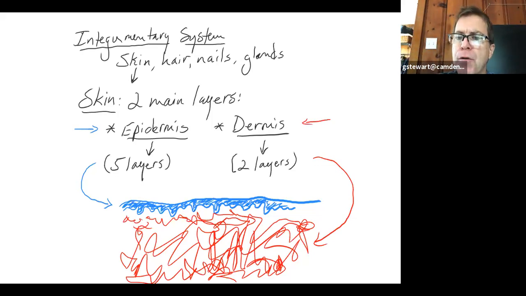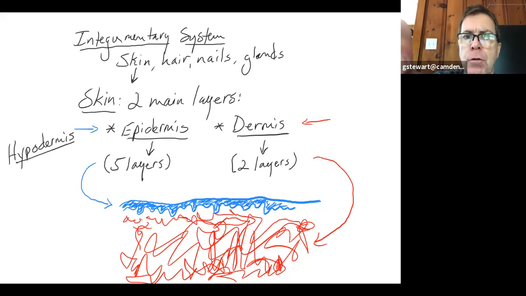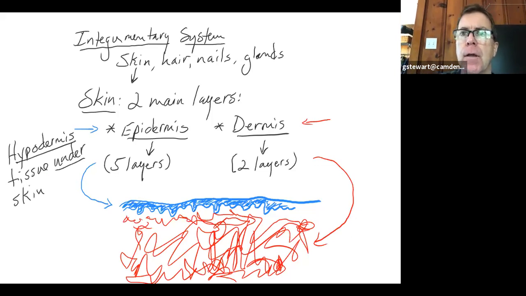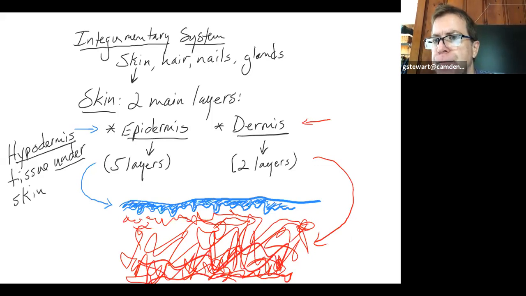The word hypodermis, by the way, refers to tissue under the skin. So the hypodermis is not part of the skin. So the deepest layer of the skin is not the hypodermis, it is the last layer of the dermis down here, which, by the way, is the thickest one. All right, now I'm going to go to a new page,